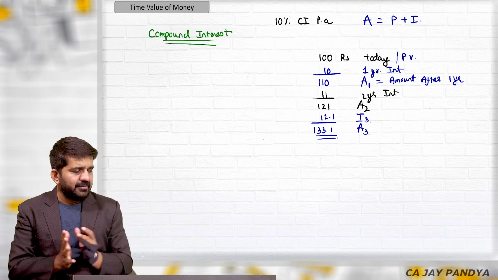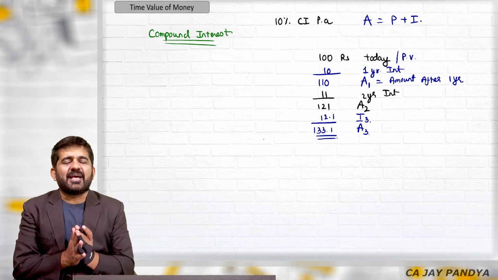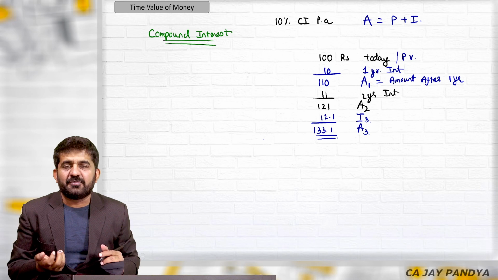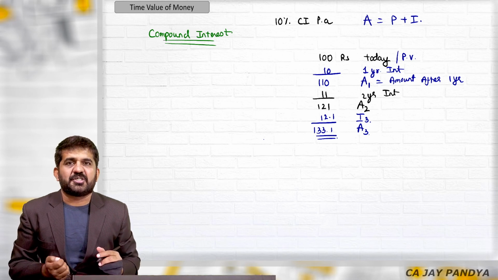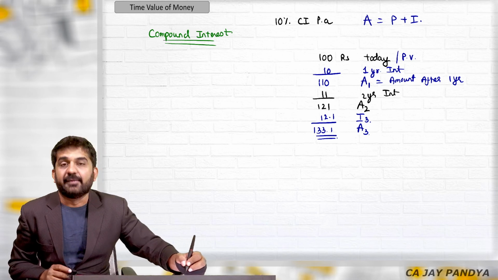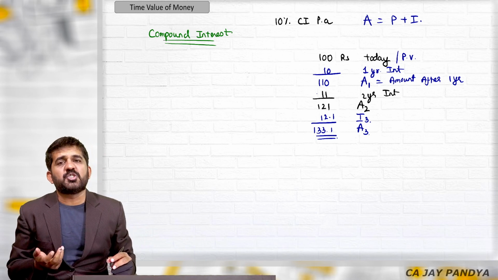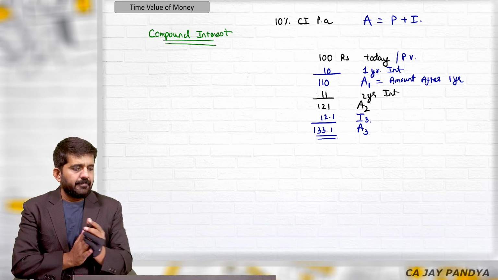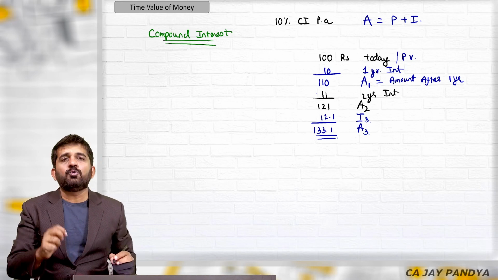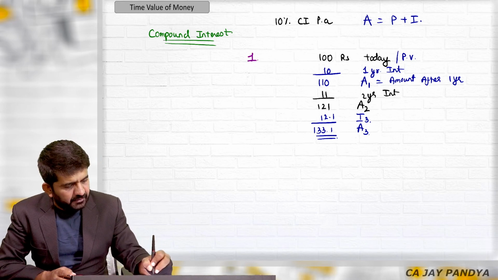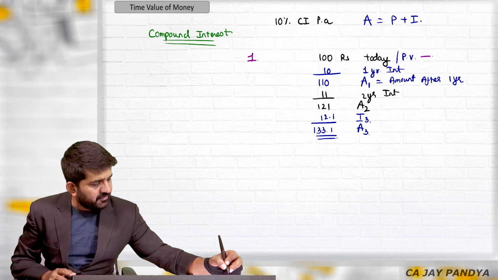Try to understand. Every time we cannot do this. If the 100 rupees is invested for 20 years, we cannot do the same thing. So we'll have to find out a shortcut or a formula by which we can easily find out the answers. For that, we will have to take a base of 1 rupee. So if 1 rupee is invested today,